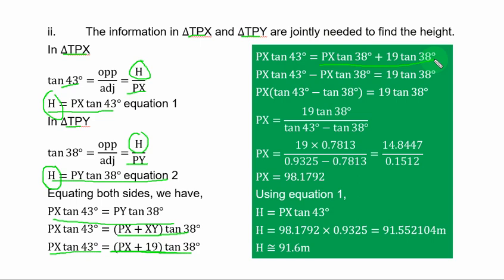So let's collect like terms. We have PS here and you have PS. You collect like terms, you have it in this form. You factor out PS, you have it in this form. You divide both sides by the coefficient of PS. So PS is equal to this. If you evaluate the tangent of the various angles, you have this result. If you multiply and subtract, you have this. And when you divide, PS is equal to